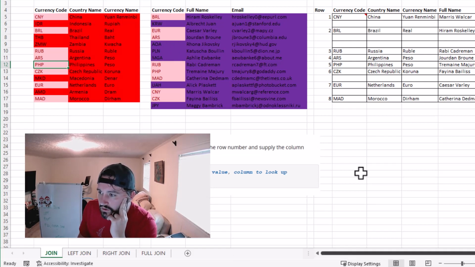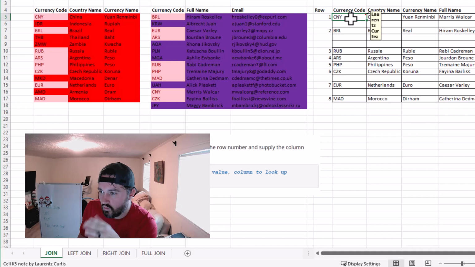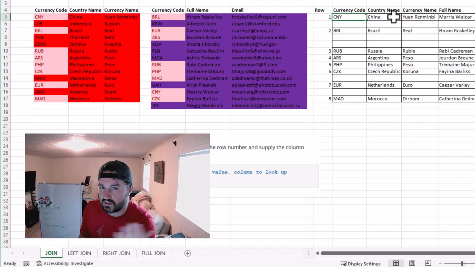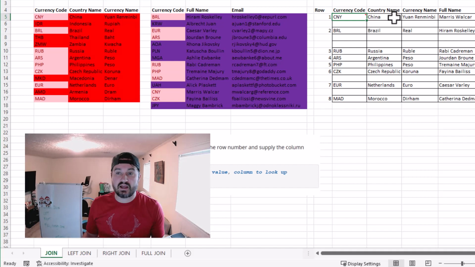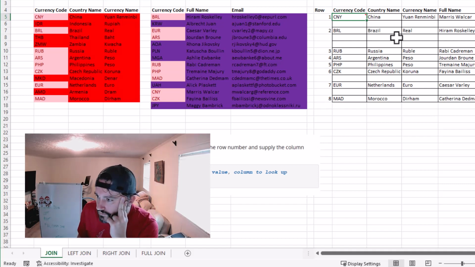So I used Excel to actually simulate what an inner join would look like in Excel. But I don't want to get into this formula because I could go in a completely different direction. And today I really want to focus on the demonstration of how the joins work. So if you look right here, this is how an inner join would work